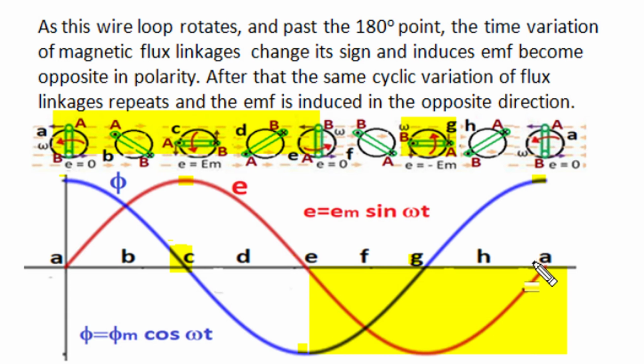And at E and A, when flux linkages are respectively negative peak and positive peak, the rate of change of flux linkages is zero. At position E, the rectangle loop is perpendicular to force lines and has maximum flux linkages, and at position A, again the rectangle loop is perpendicular to force lines, having maximum flux linkages, with minimum rate of change of flux linkages and zero induced EMF. And at position G, when flux linkages were zero, the rate of change of flux linkages is maximum, giving maximum induced EMF. So in the first half rotation, induced EMF got a positive half cycle, and in the next half rotation, induced EMF got a negative half cycle.